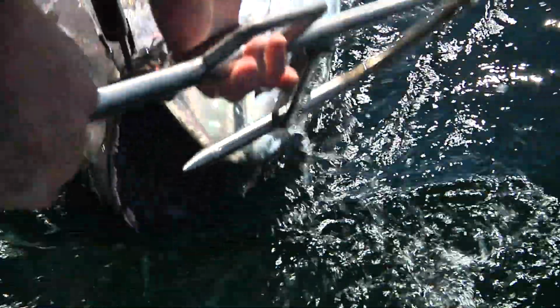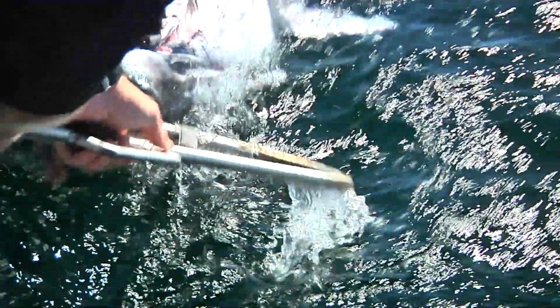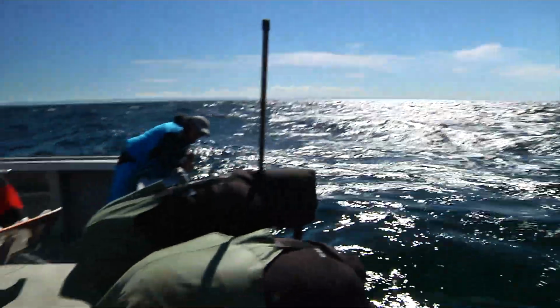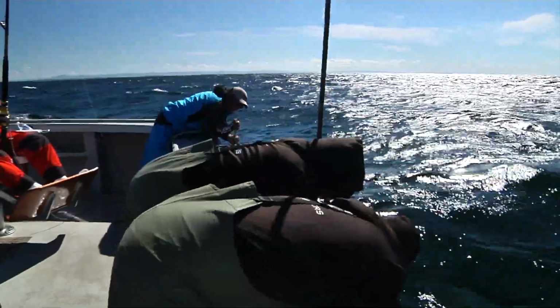The next thing that we have to do, and this all has to happen very quickly because we want to secure the quality of this fish as well, okay? We got to put a swimming gaff in its jaw, all right? So the next thing we do is we take a smaller gaff, hook it in the mouth of the tuna to bring it up so I can reach it, and we have a big stainless steel gaff that we put right in the chin of the tuna, and as soon as we get that secured, we let the fish go back about 30 yards behind the boat, and we swim him for about an hour and a half